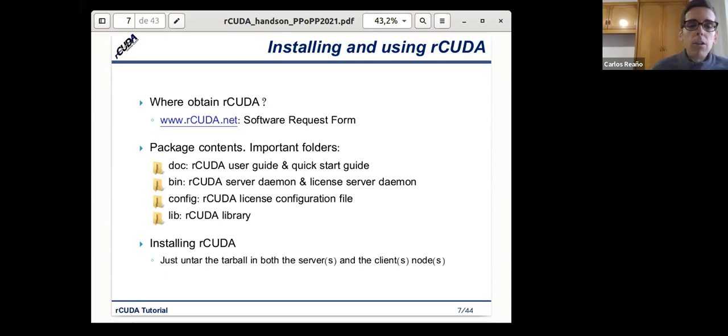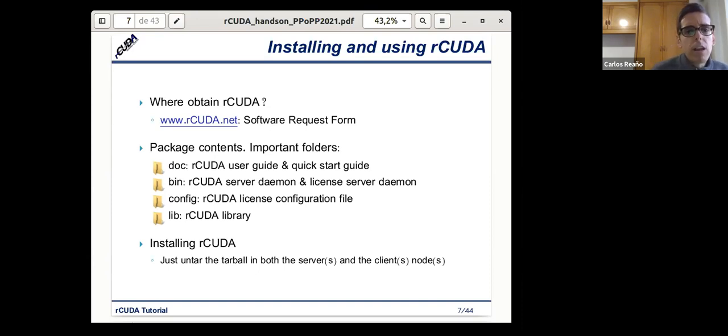One of the more important is the documentation folder, which includes the Arcuda user guide and also a quick start guide. We have also a binary folder, which includes the Arcuda server daemon and the license server daemon. Then we have a configuration folder, which includes the Arcuda license configuration file. We will comment on this later. And we have also the library folder, which includes the Arcuda library.